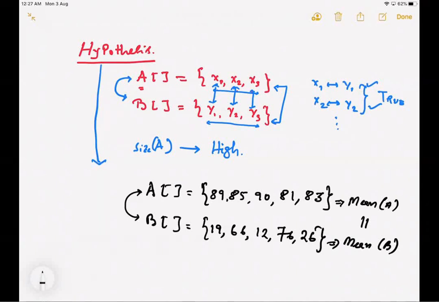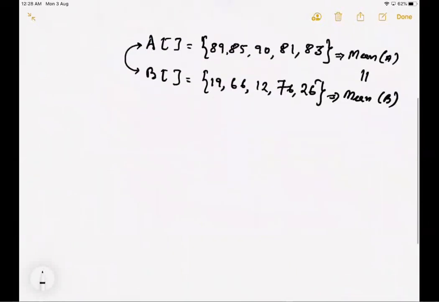Now, this process of analyzing whether two data sets are randomly distributed or similarly distributed, we apply the concept of hypothesis. Moving a little deeper into hypothesis, there are two more components or concepts which are closely related with